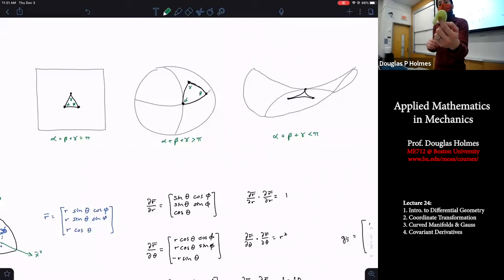If you were to put down 3 points, and you're a really smart geometer ant, you could measure the distances between those points and the angles between those points. And what you would find is that this surface